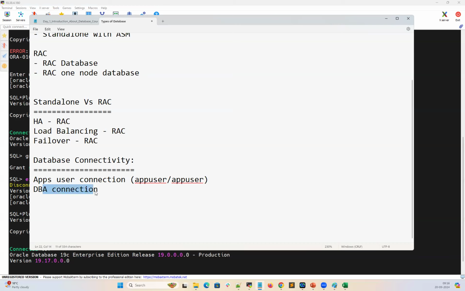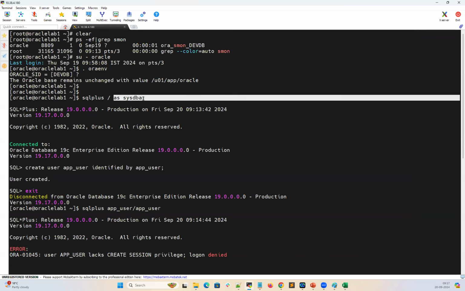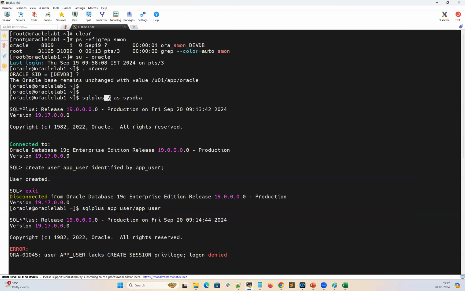Whereas we DBAs will not use this application-side kind of connection. We have master privileges. The DBA will have them, so we'll directly connect to the database. Let's say here I logged into Oracle, and I can simply use sqlplus as a DBA without any username and password. I'm able to connect